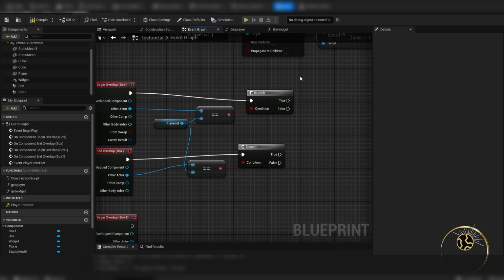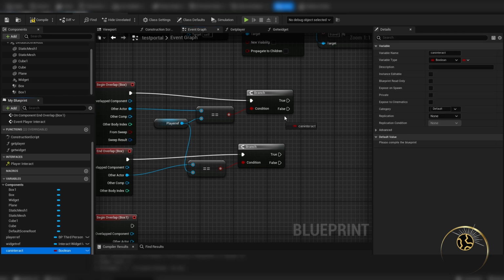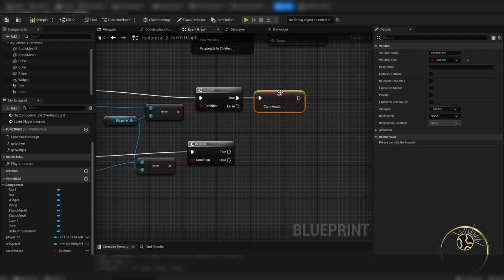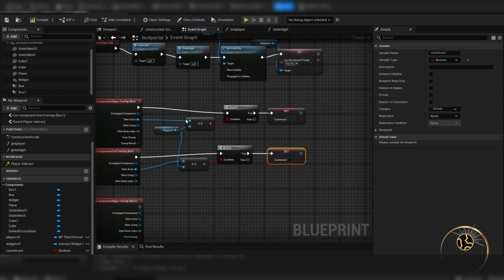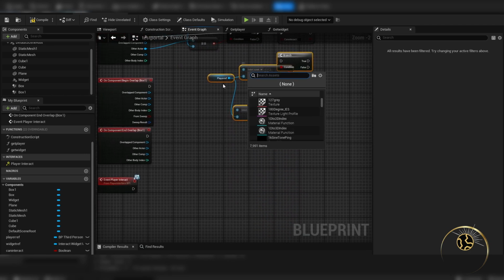And here is where we're going to be using that Boolean value that we did earlier. We're going to do can interact and set it. We're going to set it to true if the player is within the inner box. So if they're close enough to touch the door, they can interact with it. And if not, then they can't. Very simple little check here to make sure you can only activate the door if you are standing right next to it. And we're going to take this bit of code, copy it, bring it straight down,